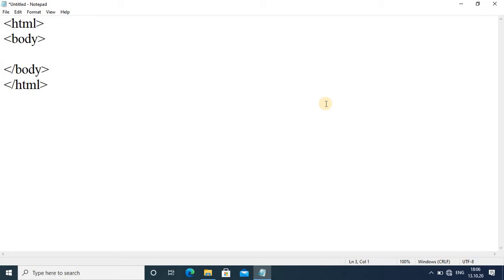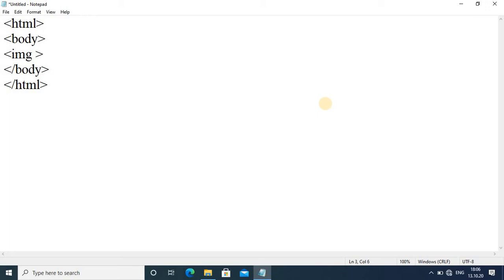And now here we are going to use the image tag, IMG. This is your image tag and it will help you add your image in your web page.